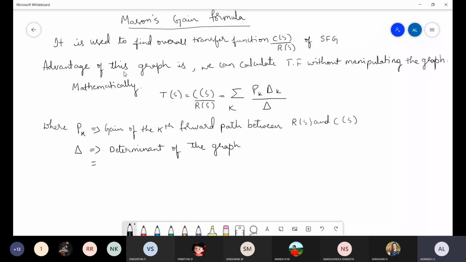The determinant of the graph can be found by the formula 1 minus summation of loop gains. If in the given flow graph 4 loops are there, all 4 loop gains we need to sum up. Then plus, you can see the sign: 1 minus, later it is plus, alternately it is going to change, summation of